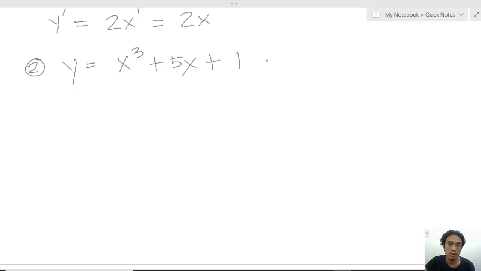So we're looking for y prime again, the derivative of y with respect to x. This is y prime, the derivative of y with respect to x,